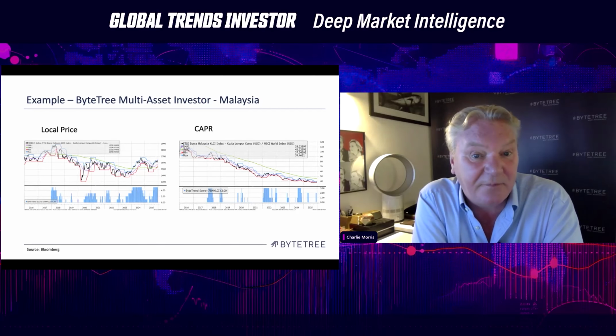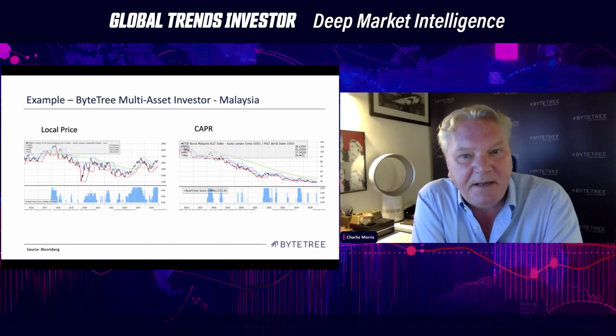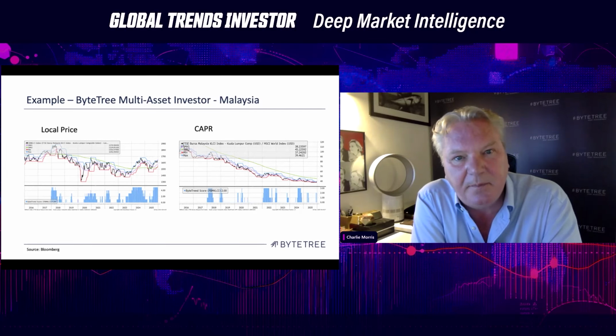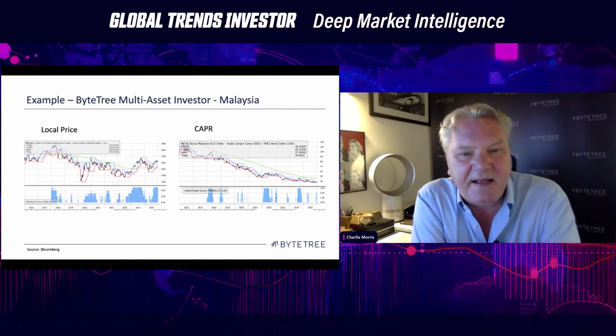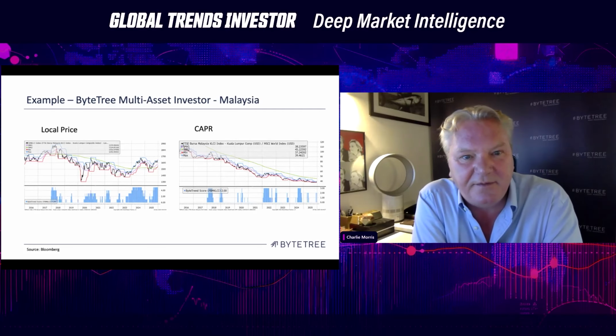Actually, the Malaysian ringgit has been a pretty good currency, but in CAPR terms, it's just massively underperformed and started to show some strength. And that triggered me to look at Malaysia in much more detail. And I thought it was a great opportunity. I think that in this day and age, to try and find good emerging nations makes a lot of sense to me. Kit, do you want to do the quality idea?